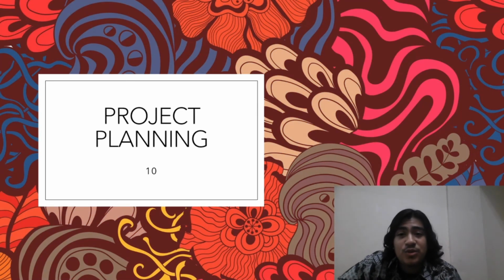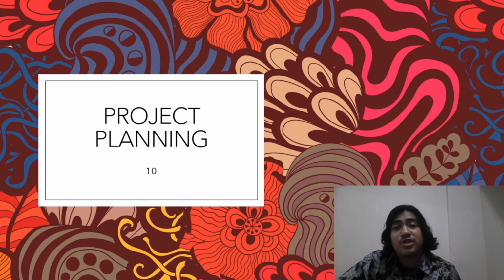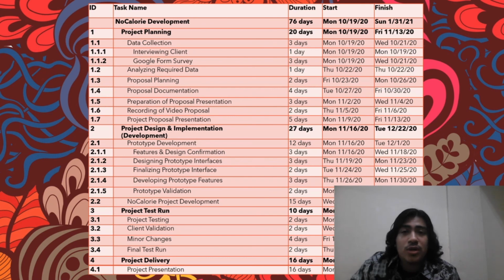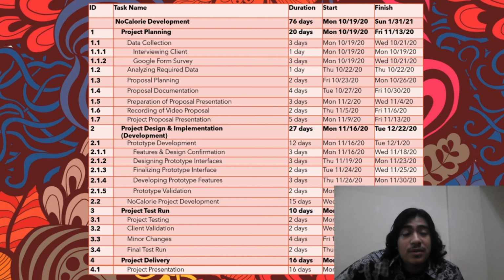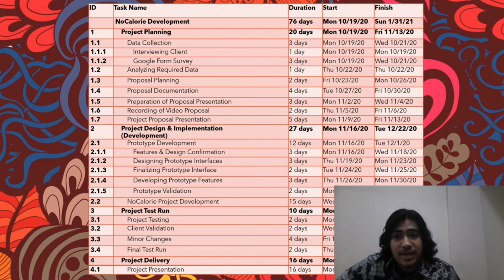My name is Hussein. For this part, I'm going to explain to you about our project planning. What we're seeing here is a schedule for our whole process in this planning. This development is going to take 76 working days, starting from 19 October until 31st January next year. For this planning, we divide it into 4 phases, which is project planning, and then project design and implementation,